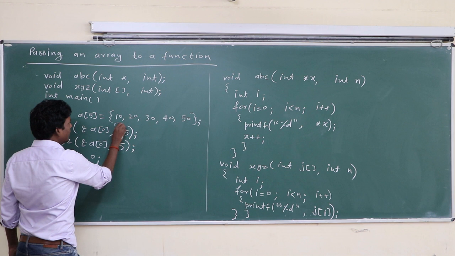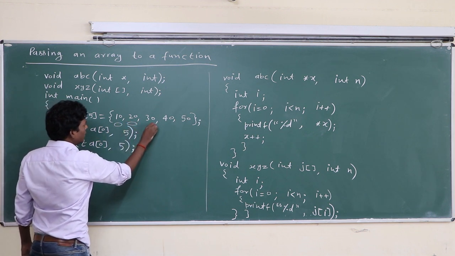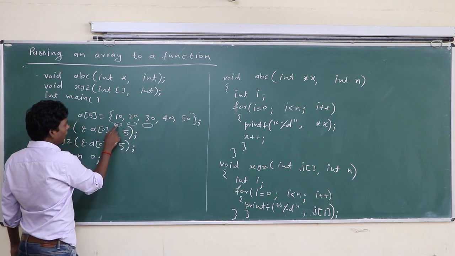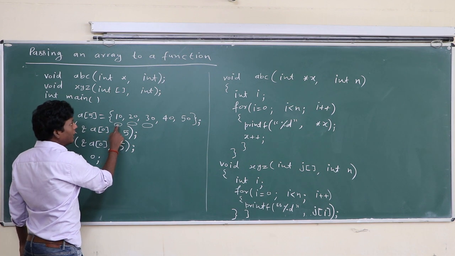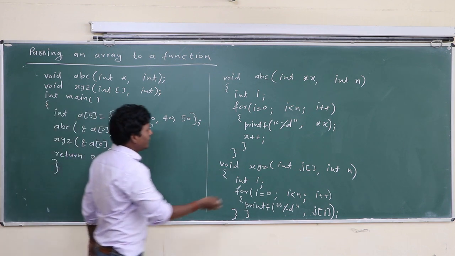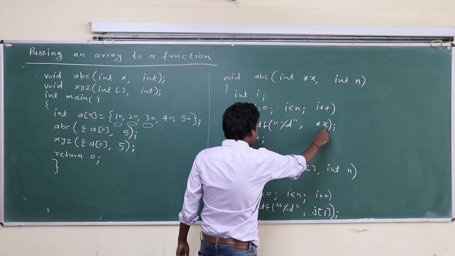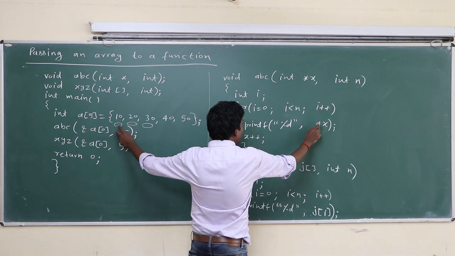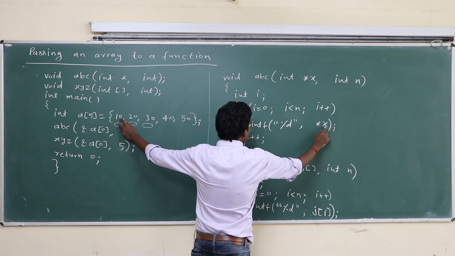Class, this is the first block address, here is the second block address, here is the third block address. Okay, so x has base address, first block address basically. This one is the first block address, and x has first block address, and asterisk makes it value at address. So x has base address and asterisk makes it value at that address, so that is 10. So here 10 will be printed.